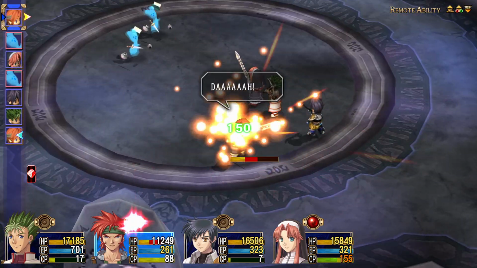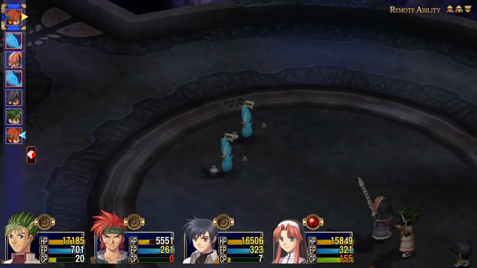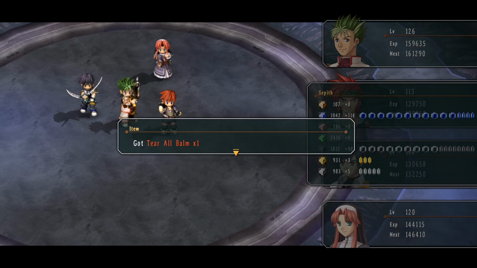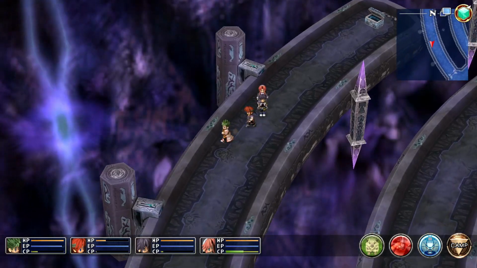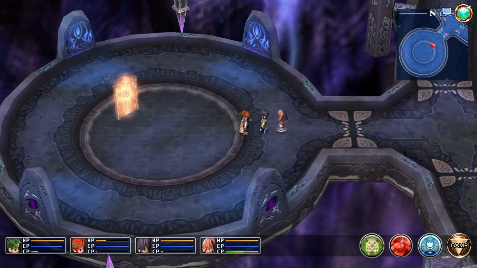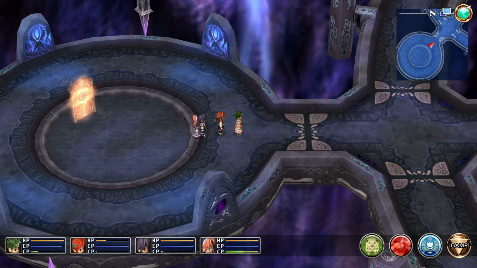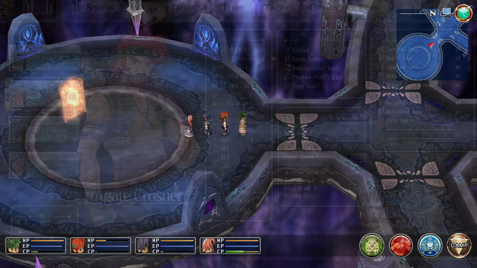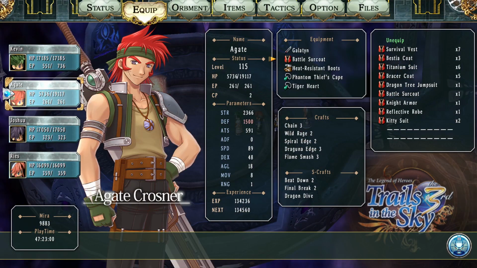Wild Rage, and then S-Break. Another reflective robe. That's kind of bad luck that I'm not getting kitty suits, but this is basically the idea behind this whole grinding method. This is how I like to farm those item drops. If anyone else has any other methods that might be better, please tell me, but this is my personal preference for doing this. I farmed for a little bit here, just so I could show the other armors you can get out of this,